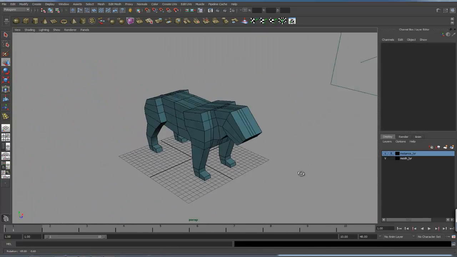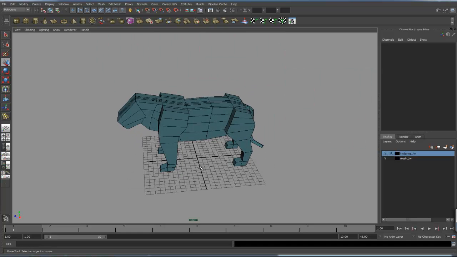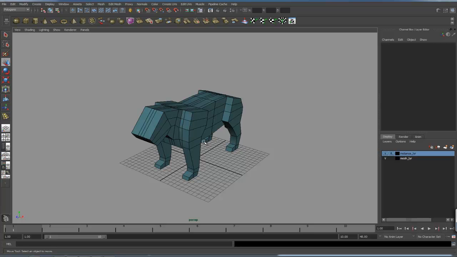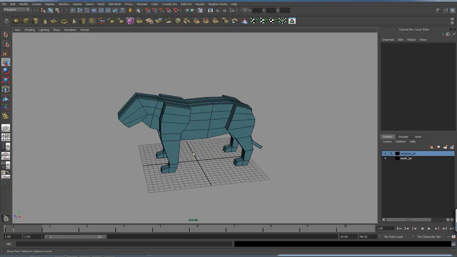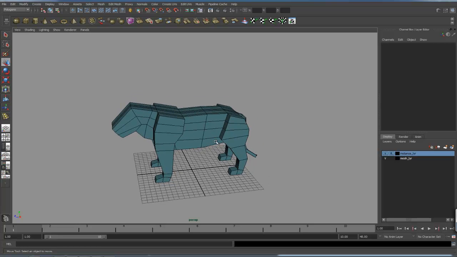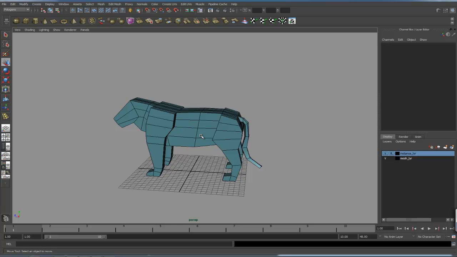Alright, so there's the bulk of the cat. And you know what? In a lot of ways, you're just a hint closer to some kind of stylized woodcut cat. So if this is something you needed where you would go in there and paint the eyes on or paint in the claws, this could be acceptable for what it is you're trying to do. Not for me. I want to start dropping in some key edges, face loop edges and hips and shoulders,